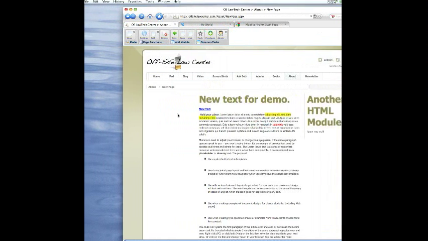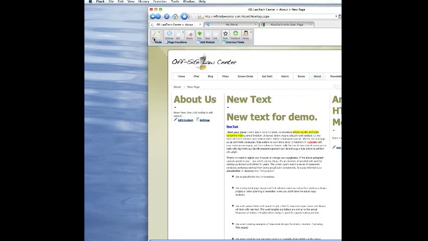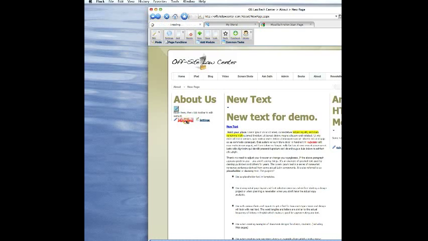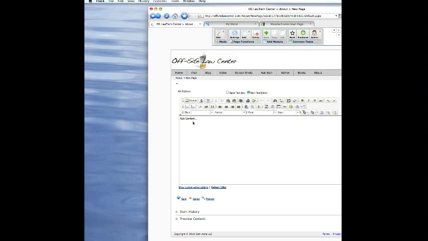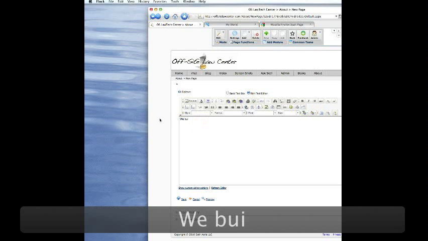Now we can't see it because we're in the view mode. Now we just switch to edit mode. It shows up. The HTML module will not show up on a page until it's edited, so you don't have this blank thing just hanging out there, which is a nice sort of security feature. And then to edit, just click edit content, and then here we build